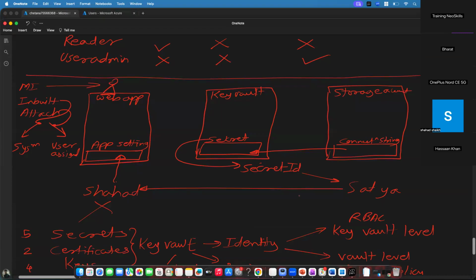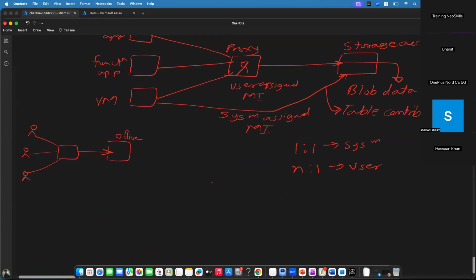Vault and all these things are there, and how we can secure the data, what is meant by managed identity, in which condition we can go for the user assigned managed identities and all. Okay, so this is done. All right, now let me go back